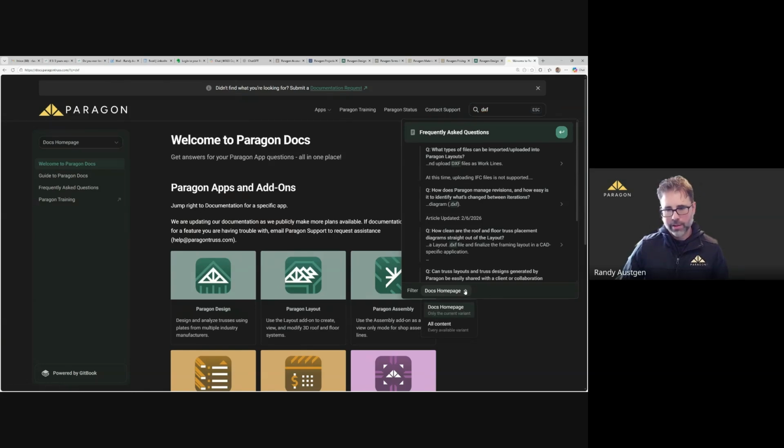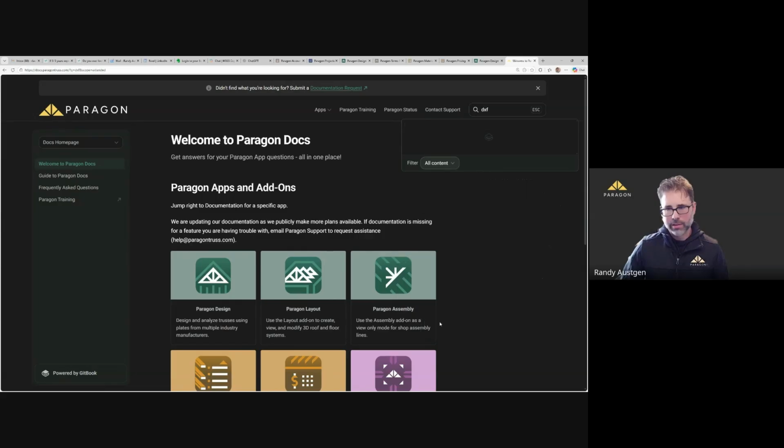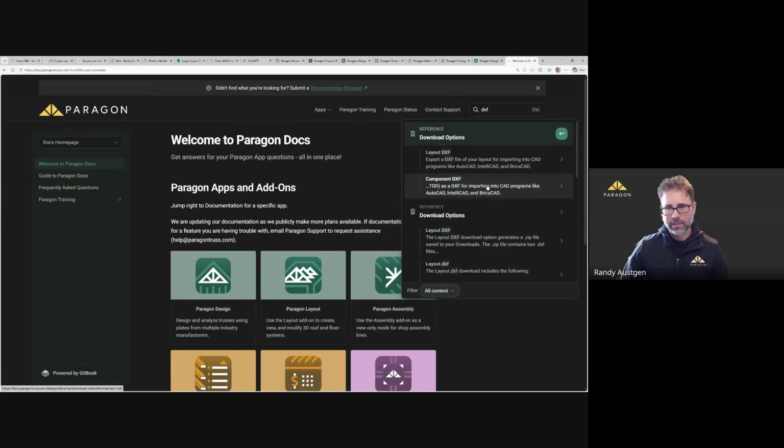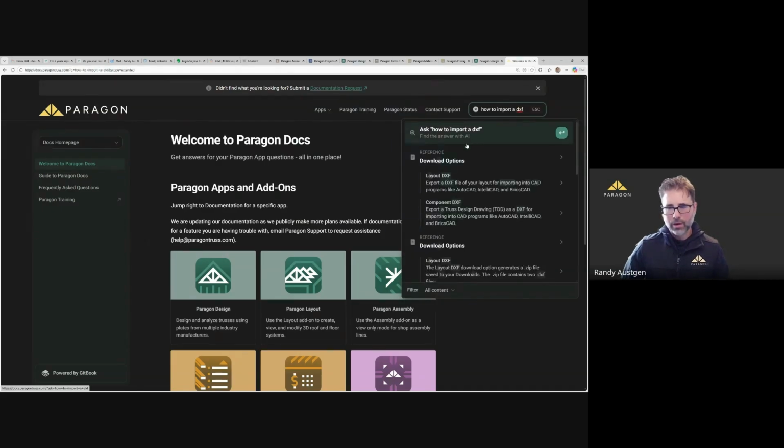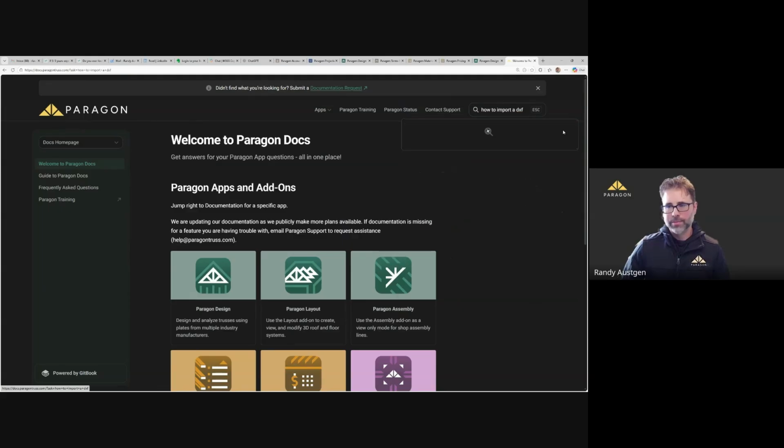So what I did there is I said I wanted to look at all content. So it's going to look at all docs content. And then we could even go here and say import a DXF. And not only is it searching the content, but you can also use the power of AI. How to import a DXF?